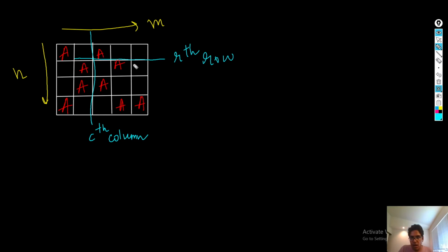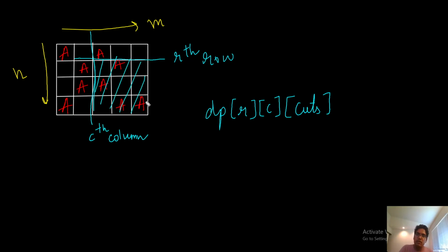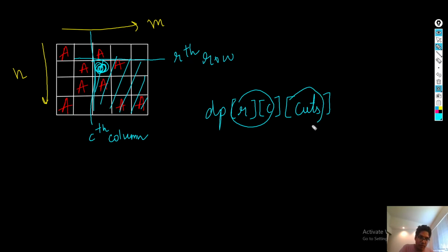Now in this, we would want to first understand what it would mean. This is a much smaller problem. This rth row and cth column is a much smaller problem. We would want to have a DP array which is R, C and cuts. So this is the array we are looking at. So for the given subarray here, at this position RC, if you're given a particular amount of cuts,